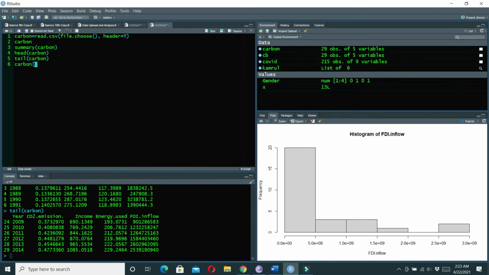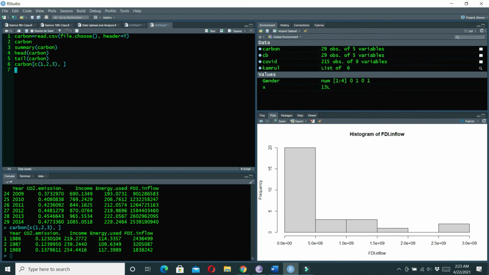So Carbon, in the third bracket we will write c, and we want to see the first 3 rows with the columns. For the columns you need to make sure all the columns are available, so you need to leave a space, the way I'm showing here. Now if you press Ctrl Enter, see, it's showing only the first 3 rows with all the columns.